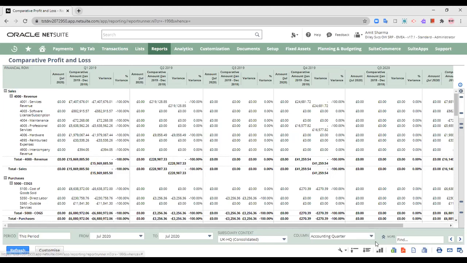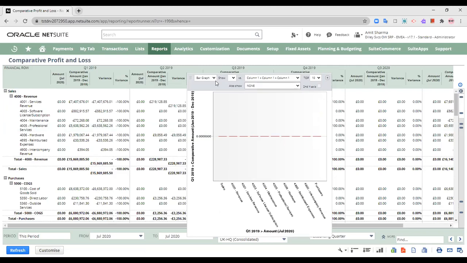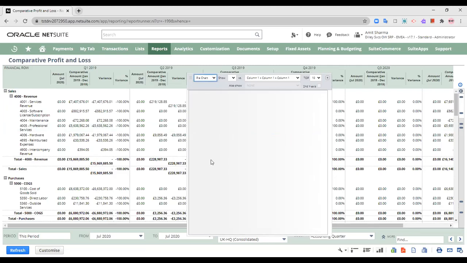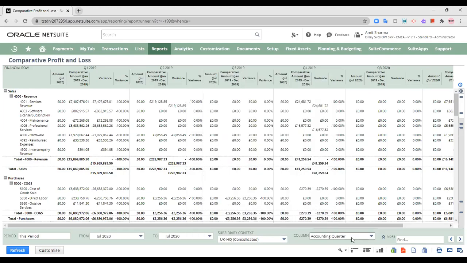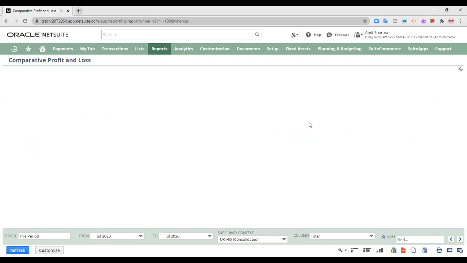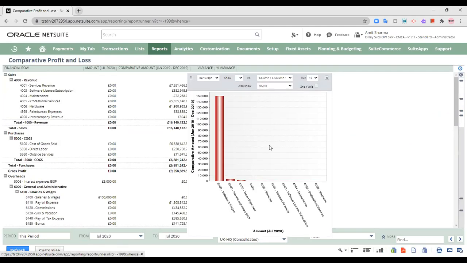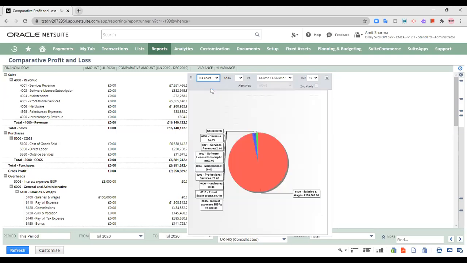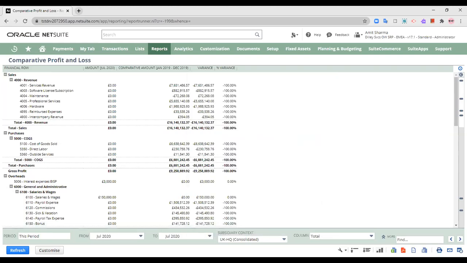Now from here also you can view the whole information in the form of a graph, a pie chart, a bar graph, a line graph, whatever you would like to use. Let us just simplify it and represent it in a graph for this particular report. Yes, so you can view it as a bar graph, a pie chart, the top 5 sections, top 15 sections, whichever you would like to select to extract the information for the purpose of decision making, strategies or policy making, anything that you would like to see.